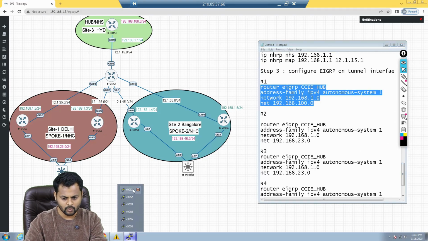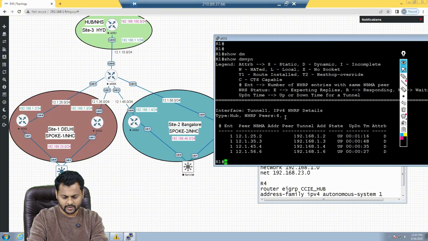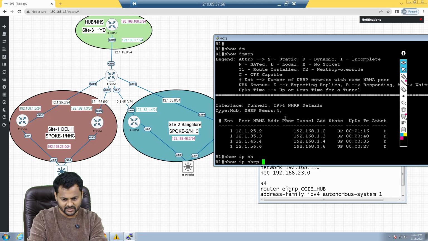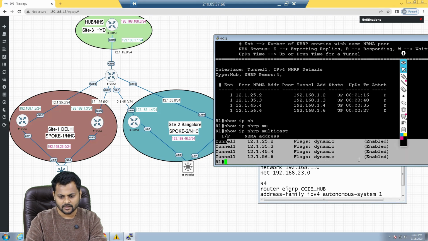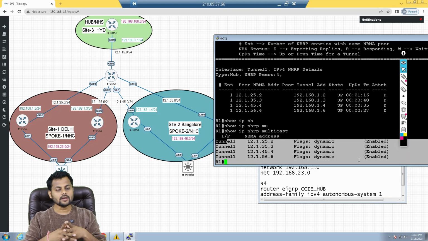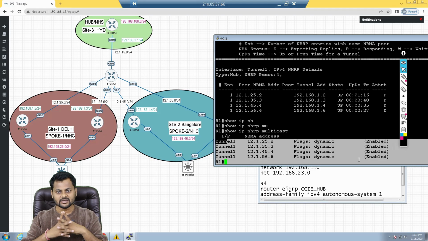On router number 1, it will form the EIGRP neighborship because I do have a mapping for the multicast as well. If you see the NHRP multicast, I have a multicast mapping. If you don't have a multicast mapping, you cannot achieve the neighborship between the EIGRP routers.